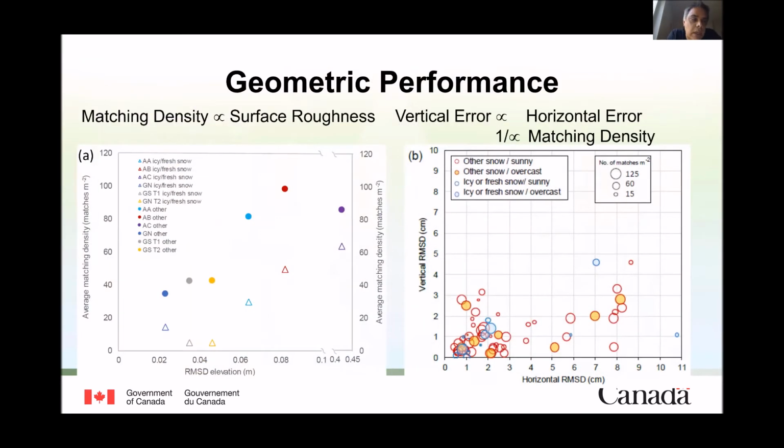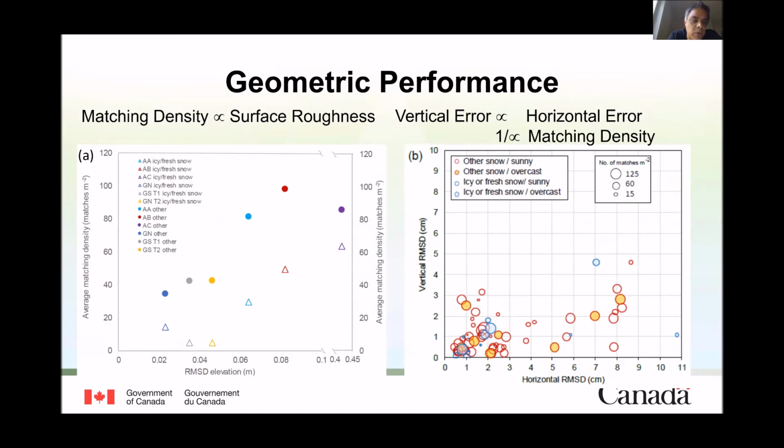Geometric performance. À la gauche, c'est la densité des points per square meter in each image we were acquiring en fonction de la robustesse de l'élévation. So how rough the terrain was on the x-axis. And you can see that as we get to rougher terrain, as we get to the forest and to the area where there are shrubs,